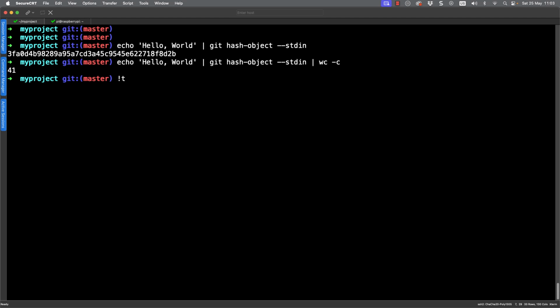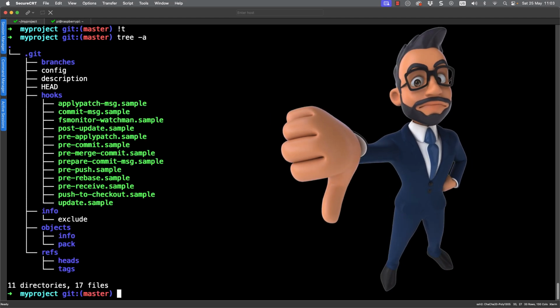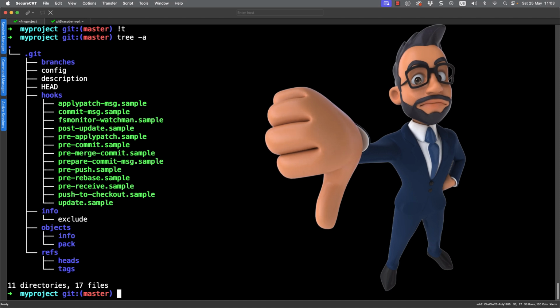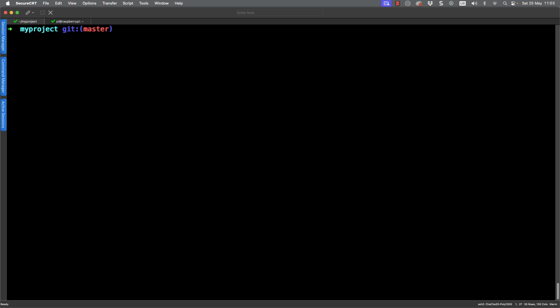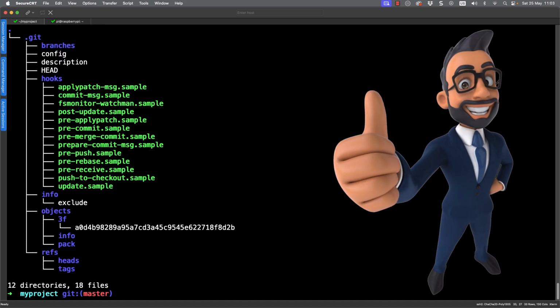But it won't have done anything in our file system. If I go back and run the tree command, so !t will run the last command that ran with t, we can see that no difference shows. We still don't have any objects below our objects directory. And that's where we're going to be concentrating our focus. So all we've done is read our input and created a SHA-1 hash. If we want to create the object, then just add in the -w for write. So we still see the same output, the same SHA object that was created. And that is now representing our file in our Git file system.